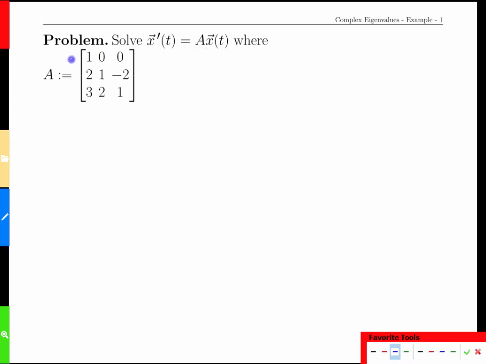In this example, we're going to solve a 3x3 system of linear equations, and we're going to see how we can combine the rules we've seen earlier to find the general solution to an example like this. First step is to find the eigenvalues,